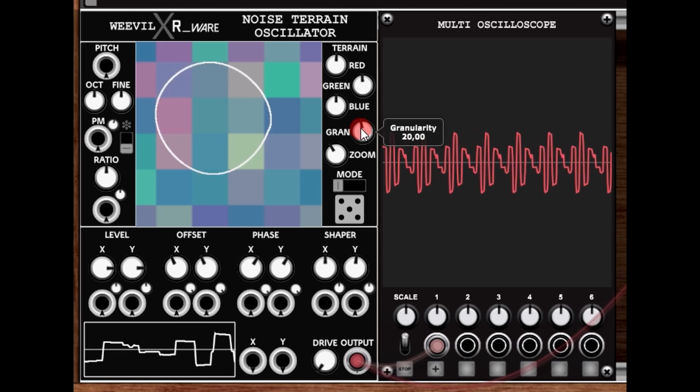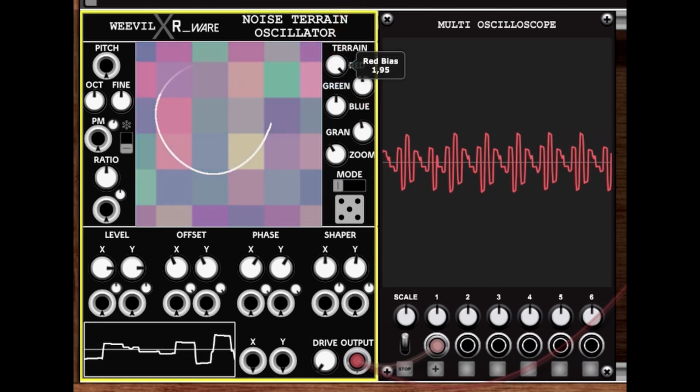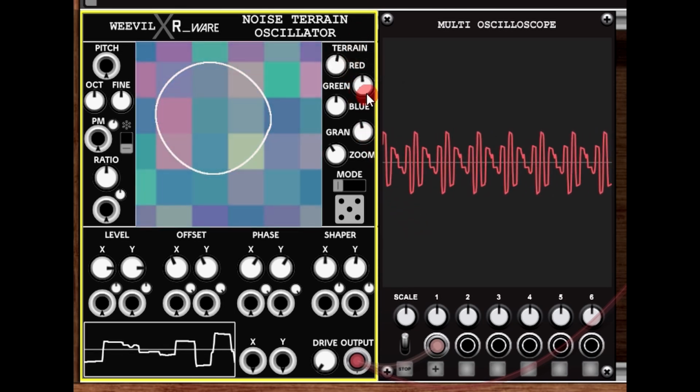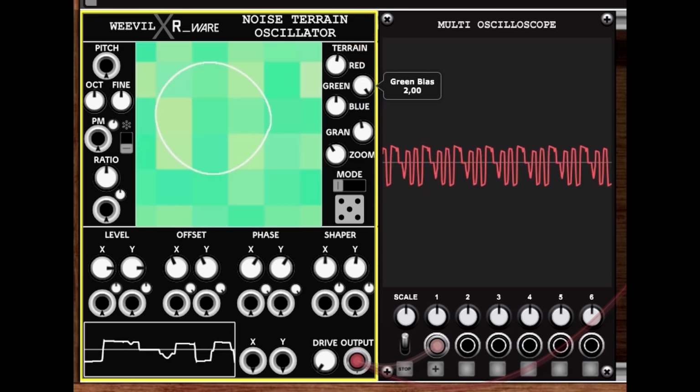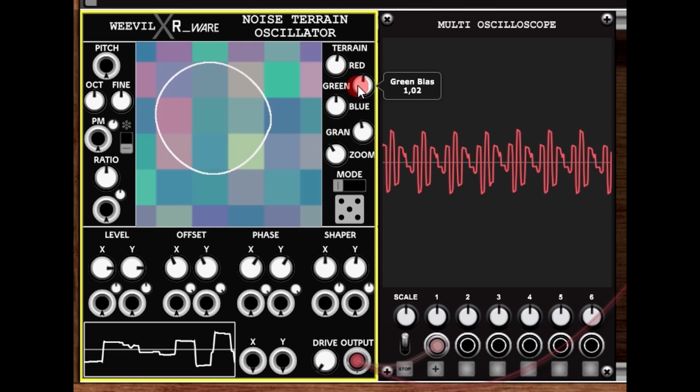Let me show this with all 3 available styles of landscapes here, which are called mode. So let's start with the block mode. We have been using this mode called boxes so far. So changing the red, green, blue,